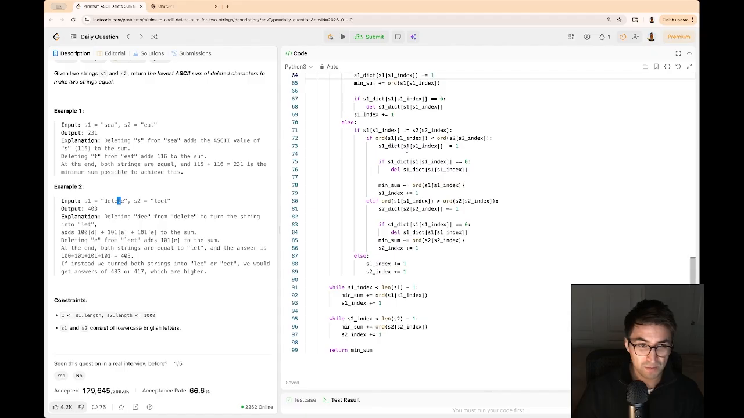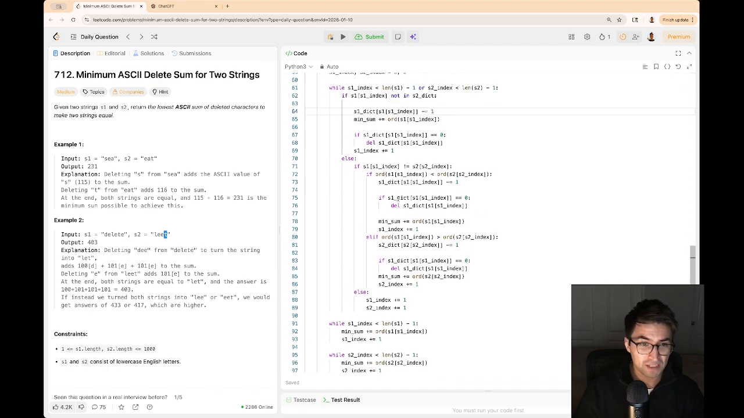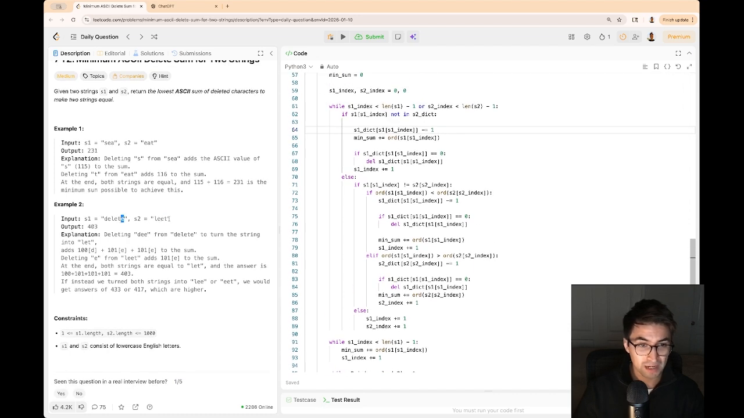The values are not the same. S1 index in S1 string has a greater ASCII value. So we remove the E in S2 because it is the lesser of the two, and we want the min sum. And then now we're at T and T, no pun intended, because I'm bombing this problem. That's the pun. T and T, they are the same, so we increment by 1, and now it's E, and